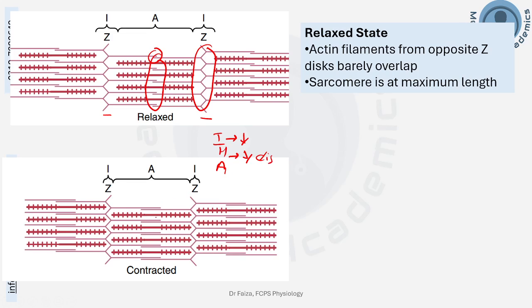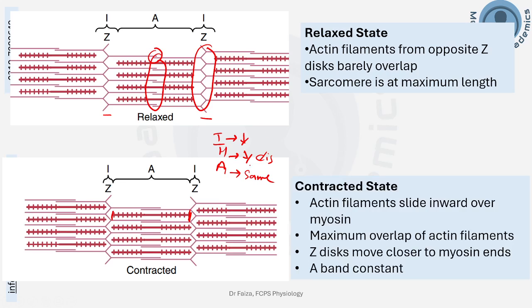There is no area of the myosin filament which is not surrounded by the actin filament. And the A band, which is the complete span of the thick filament, is not going to change, as the myosin filament stays at its length, which was the same in both relaxed and contracted skeletal muscle. So this is still the same. So what happened? Actin filaments slid over the myosin filaments. There was more overlap of the actin filaments. The Z discs moved closer. The I band and H band were shortened, while the A band is still constant.